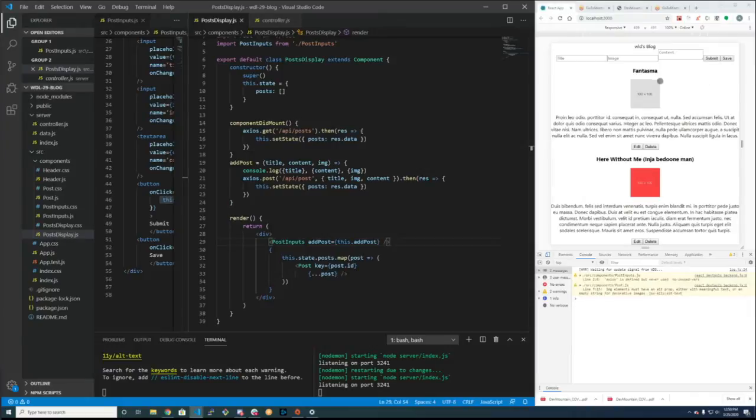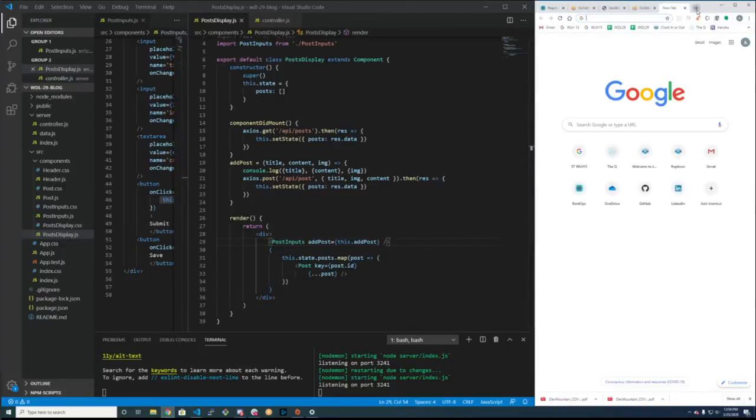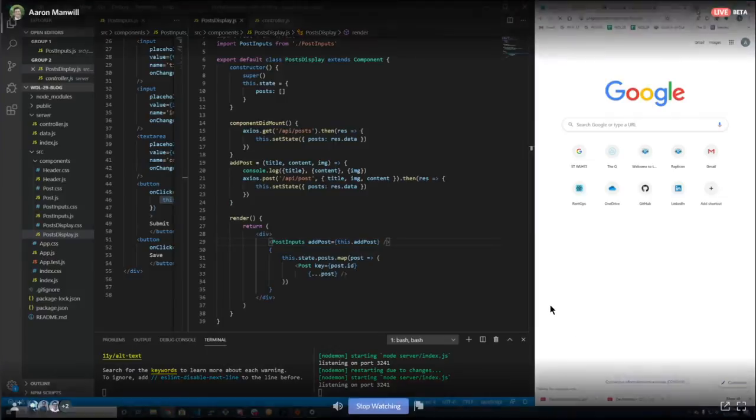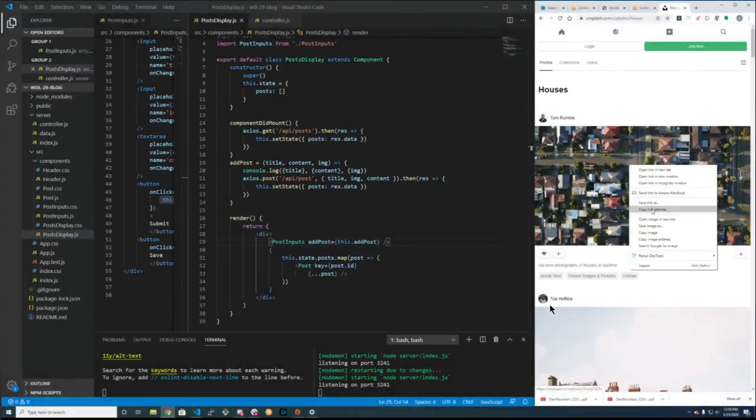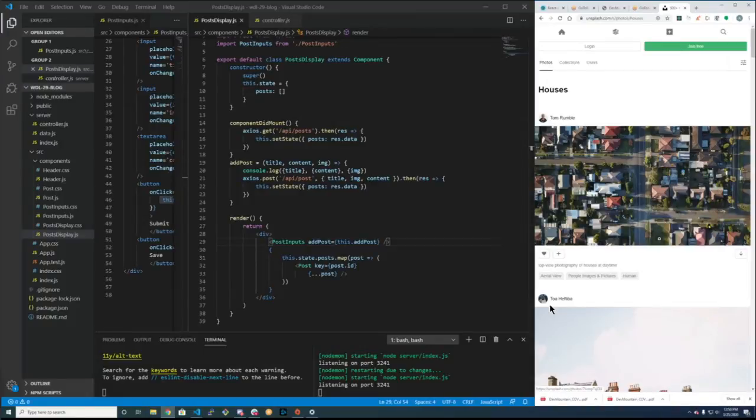All right, cool. So I'm going to get a real image too, so we can see if it actually works. The image works. So let's go to, have you guys heard of Unsplash? It's a really cool site, because a lot of times, let's say you actually make a site